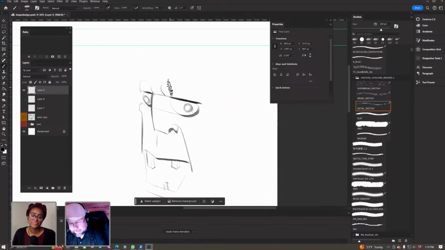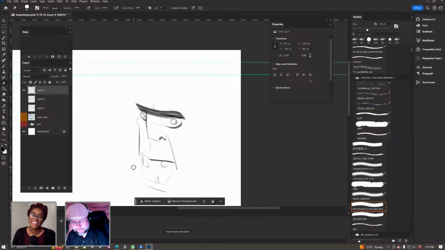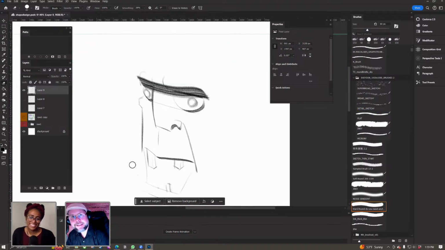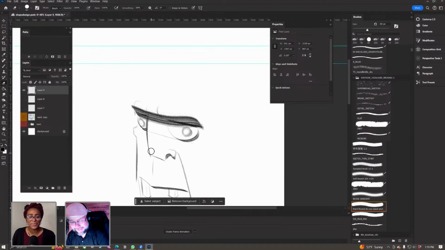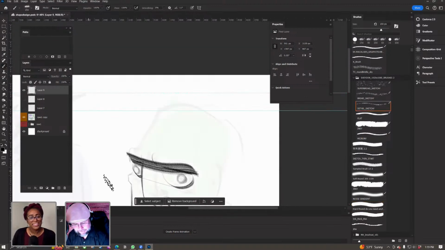So I'm going to come in with some big, thick eyebrows. This is just my own preference. And let's just say he is not the most stylish zombie ever, and he did not go get his eyebrows threaded. Yeah, there's a whole bunch of stuff. So he did not get his unibrow covered for this one.